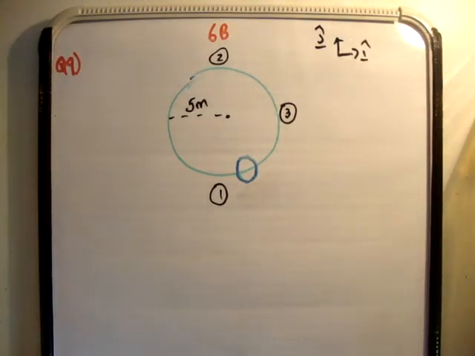Okay, in this video I'm going to continue on with exercise 6b of the book Fundamental Applied Mathematics. We're on page number 162 and the question is 9. It reads, a small ring is threaded on a smooth piece of wire which is bent to form a circle